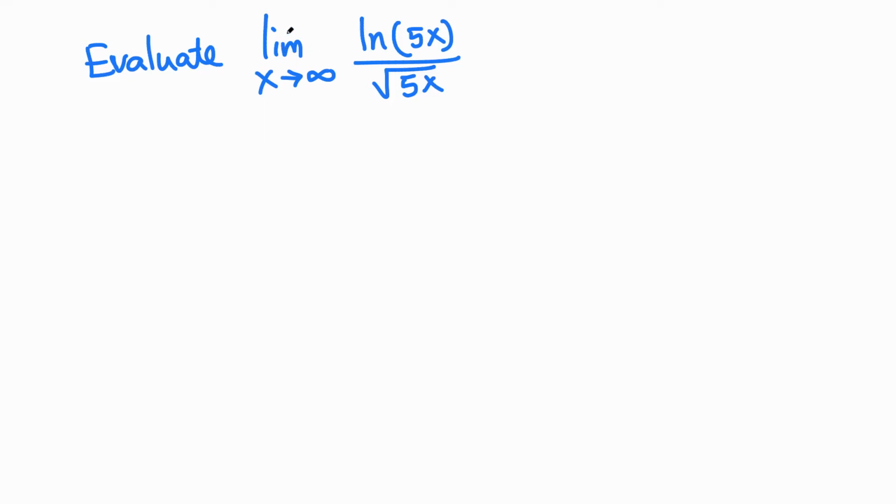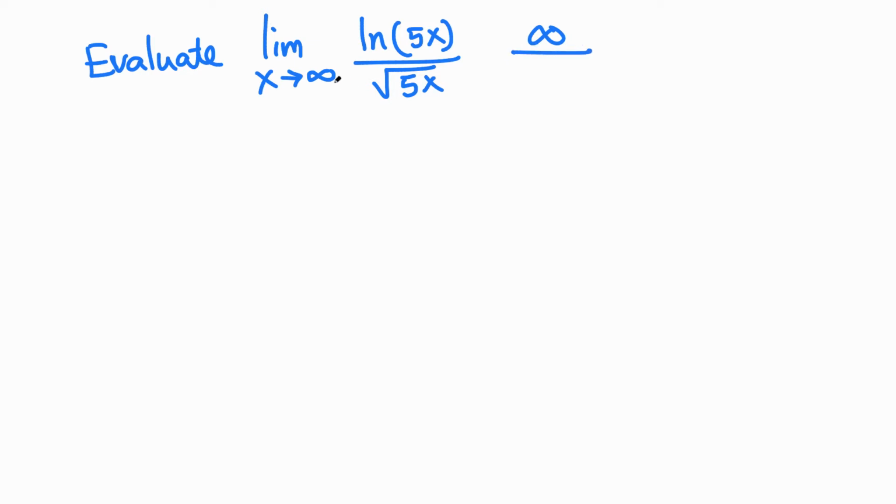Evaluate the limit of natural log of 5x all over square root of 5x as x approaches infinity. So let's plug in x equals infinity. So we get natural log of 5 times infinity. 5 times very big is very big, that means infinity, and natural log of very big is very big, that's